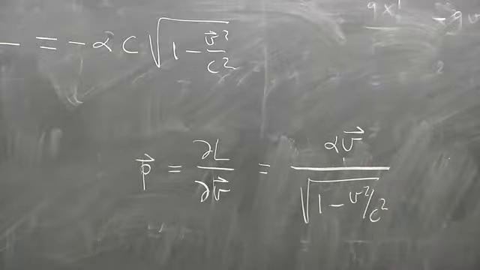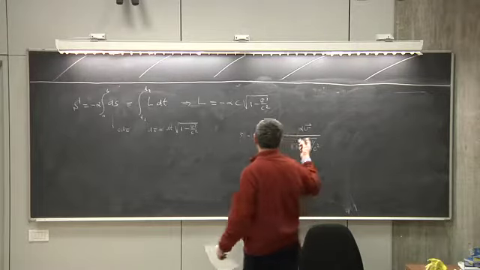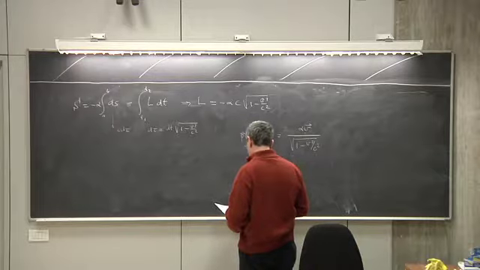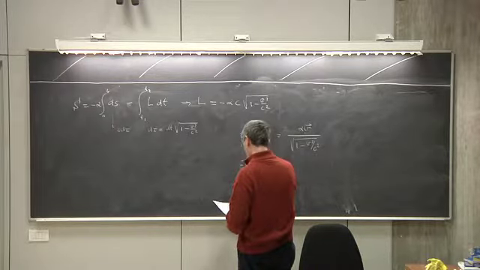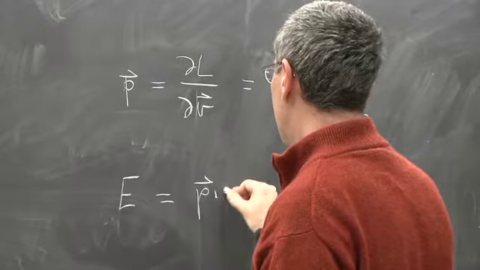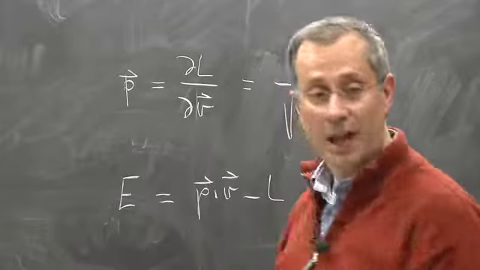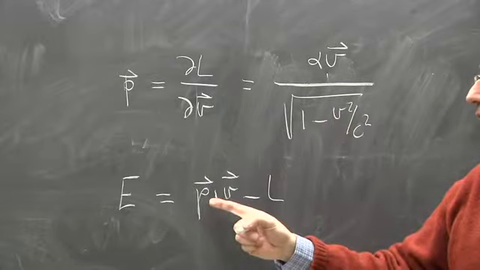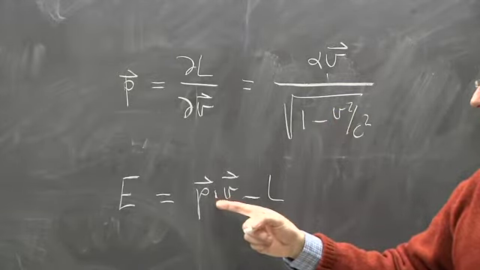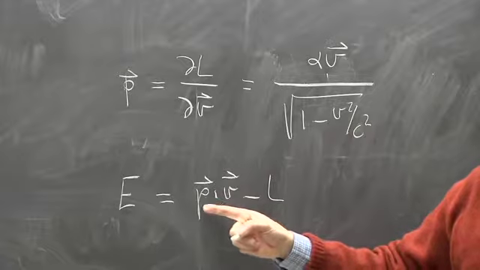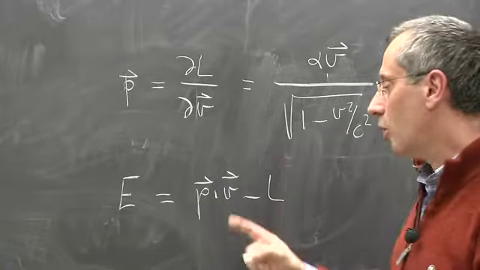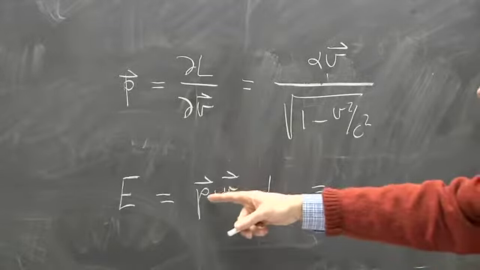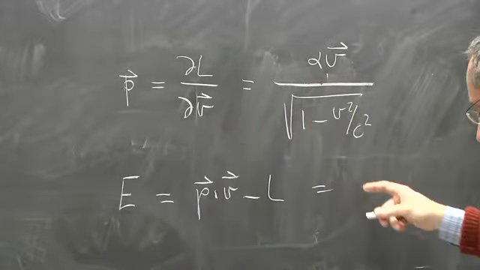And then, I already sort of know what alpha is, but just to convince myself, let's write the energy now. So the energy, you remember, is the Hamiltonian. This is a single particle, 1 degree of freedom, so it is P dot times Q dot, so P dot V. So you see P is this dot V, so I get